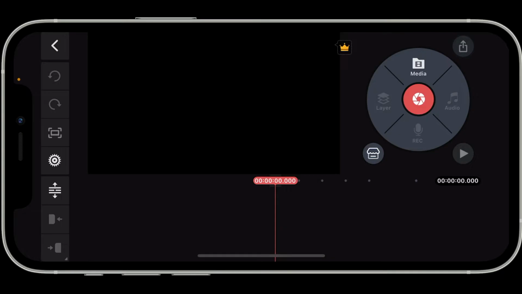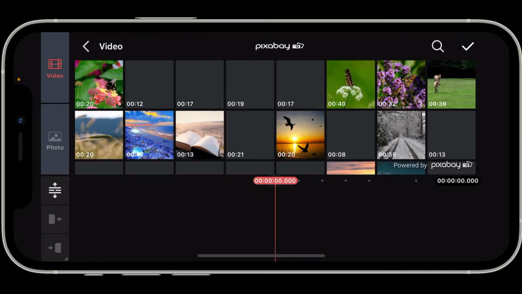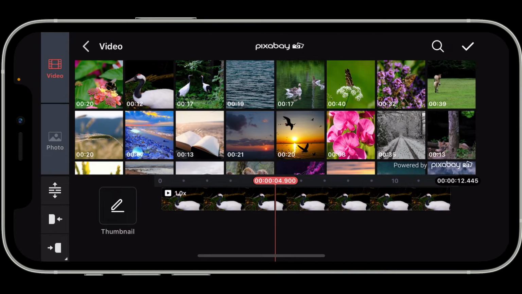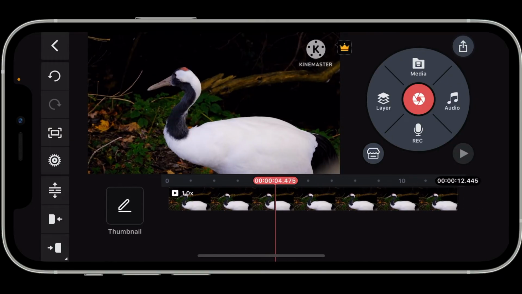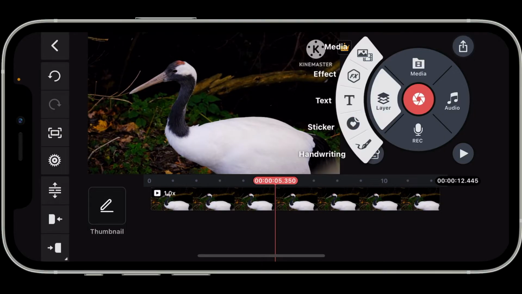First of all, open up KineMaster and start up a new project. Now, tap on the media option at the top right corner and then select a media clip that you want to edit. You can select a media from your device's camera roll or choose one of the sources provided by KineMaster. After importing your media, the next thing you need to do is to tap on the layer icon on